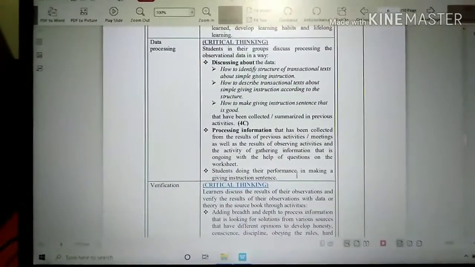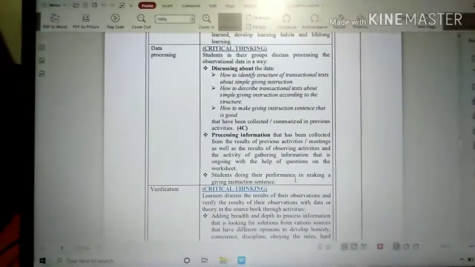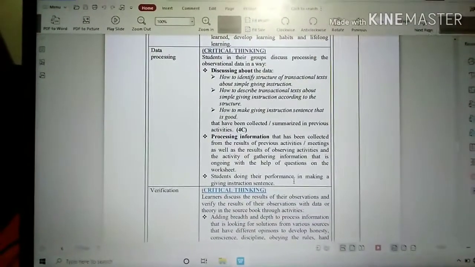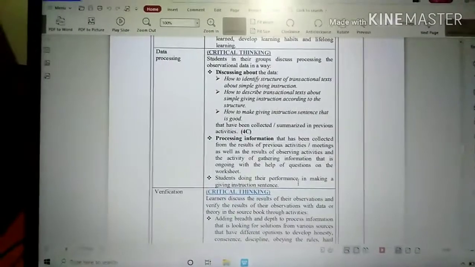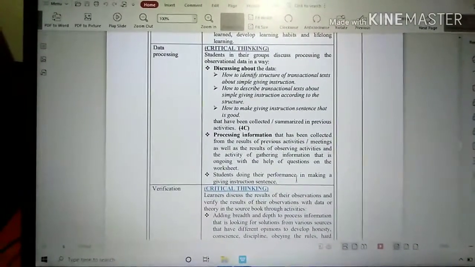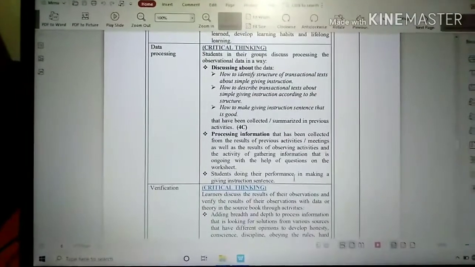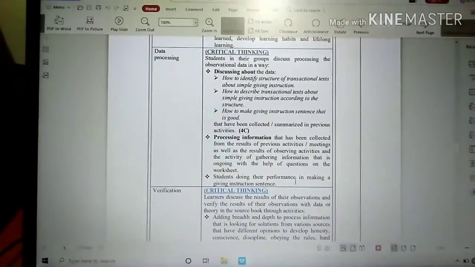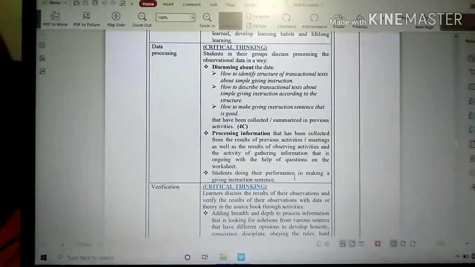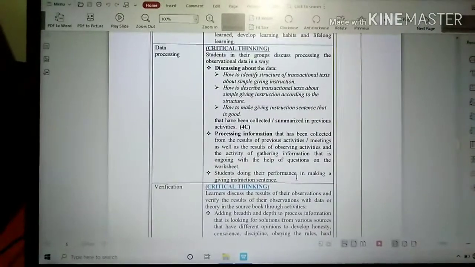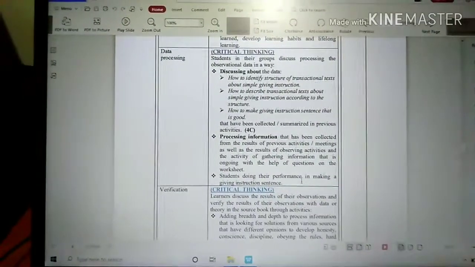Processing information collected from the result of previous activities or meetings, as well as the result of observing activities and gathering information that is ongoing, with the help of questions on the worksheet. Students do their performance in making a giving instruction sentence.